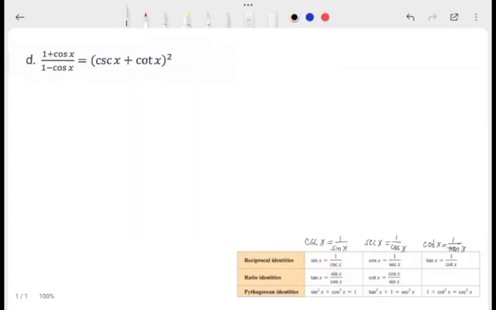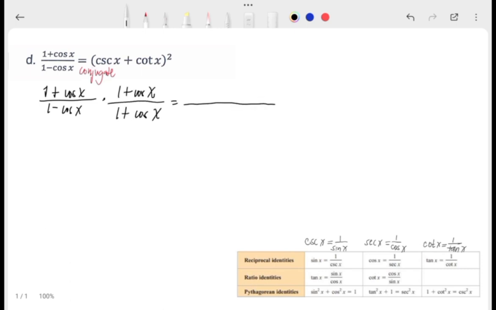Problem D. 1 plus cosine x over 1 minus cosine x must be equal to quantity cosecant x plus cotangent x squared. First, we're going to take the conjugate of the denominator, so we get 1 plus cosine x over 1 plus cosine x, and multiply, which equals 1 plus cosine x times 1 plus cosine x over 1 minus cosine x times 1 plus cosine x,